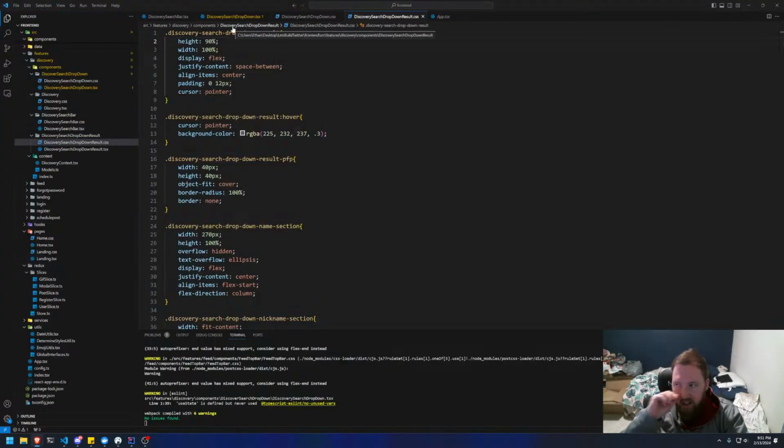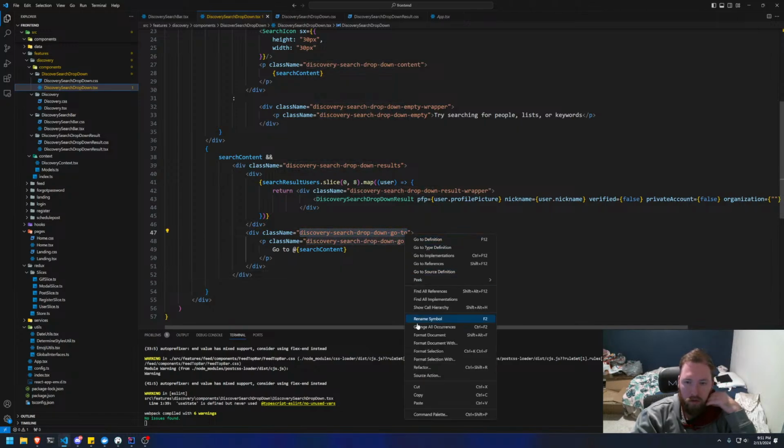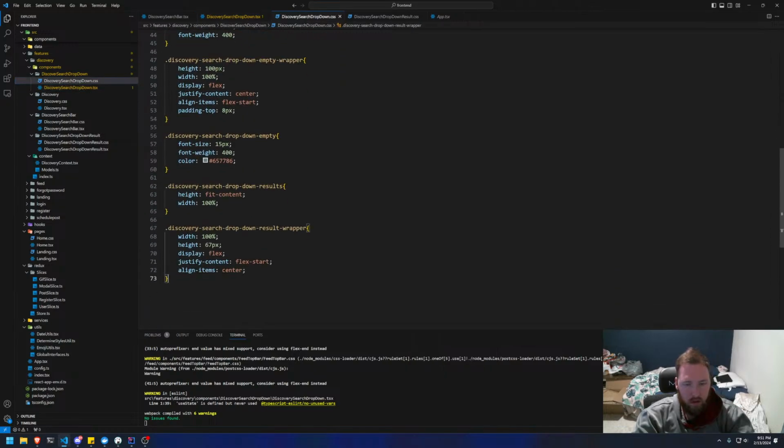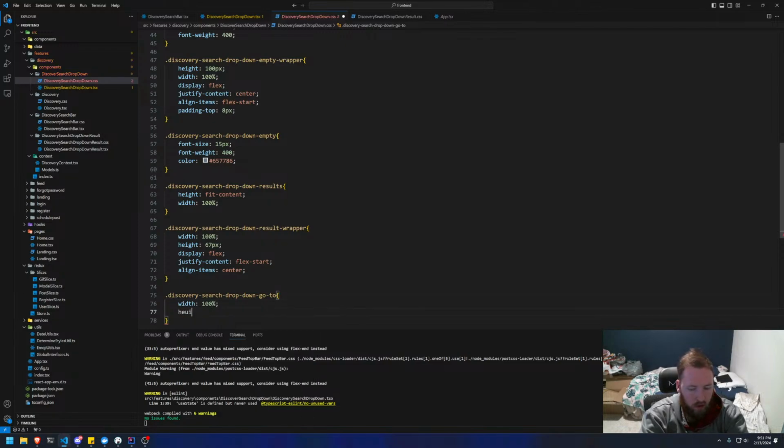So let's go ahead and come back down here. And this one is inside search content. It's not inside the results though. It is, or is it inside results? So it is inside results, but I don't think it matters. So let's go ahead and grab this go to and copy it and come in here and let's deal with this. So dot this. So again, width would just be 100% as always. Height is going to be